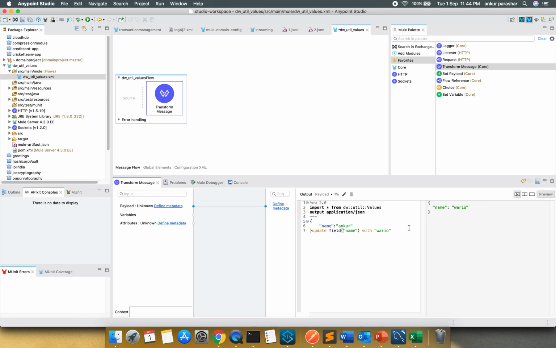Apart from this, we can have an array of elements as well.